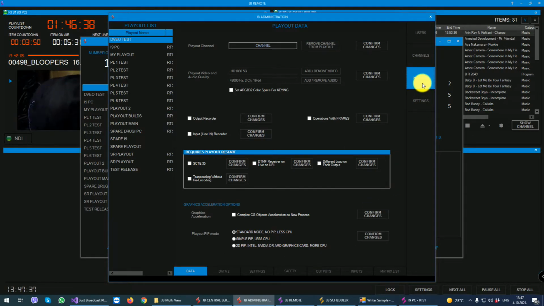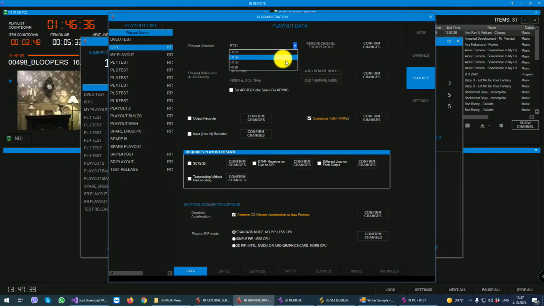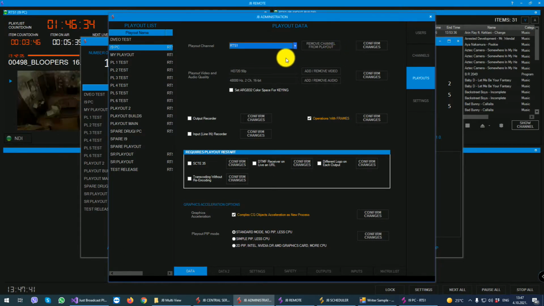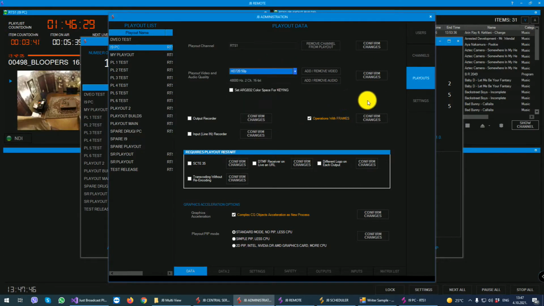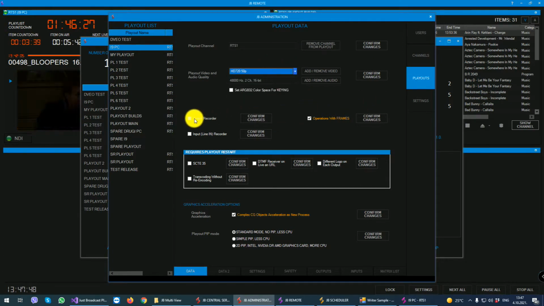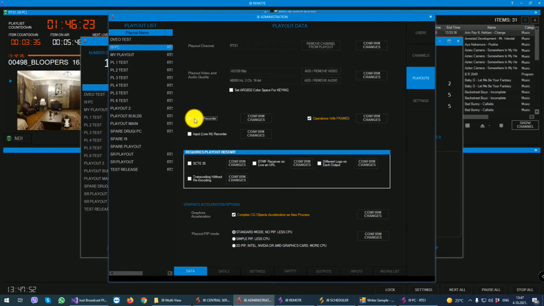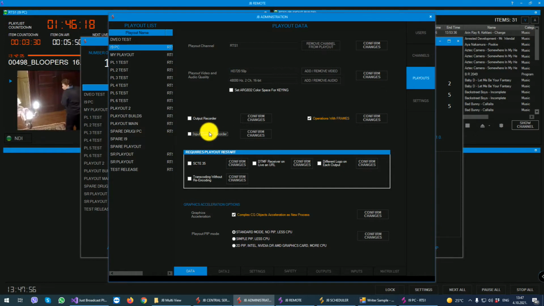This is a playout list. For each playout you can select a channel. One channel can be run on multiple playouts, and you set the resolution of your playout. Playout has two types of recorders. It can record the output of playout, but also it can control input. So for output it will